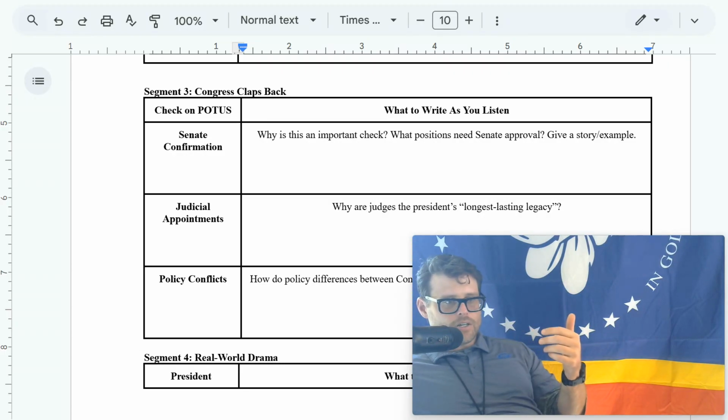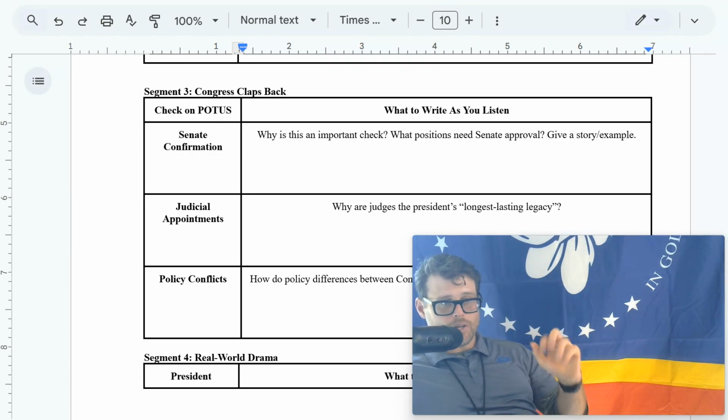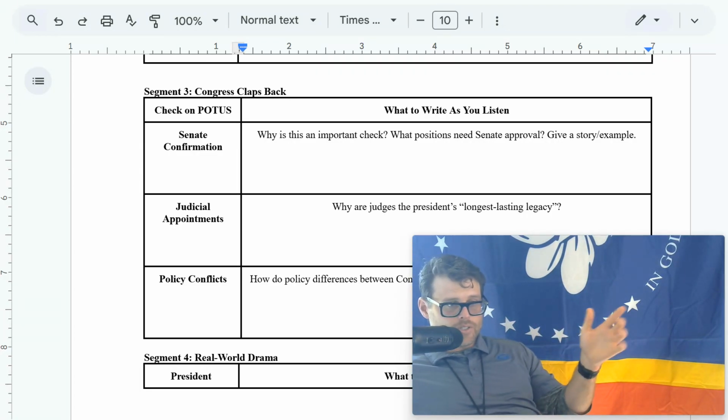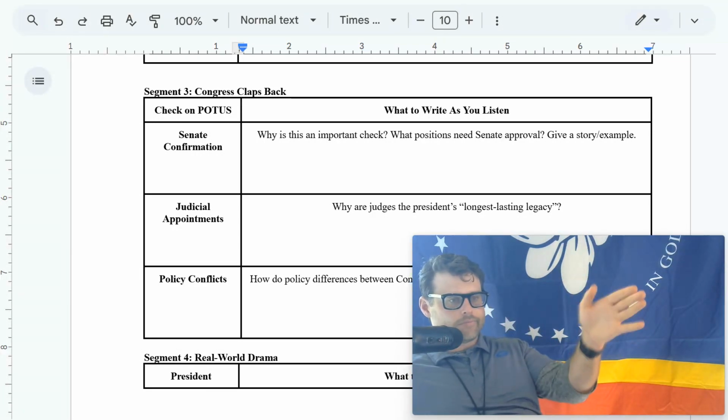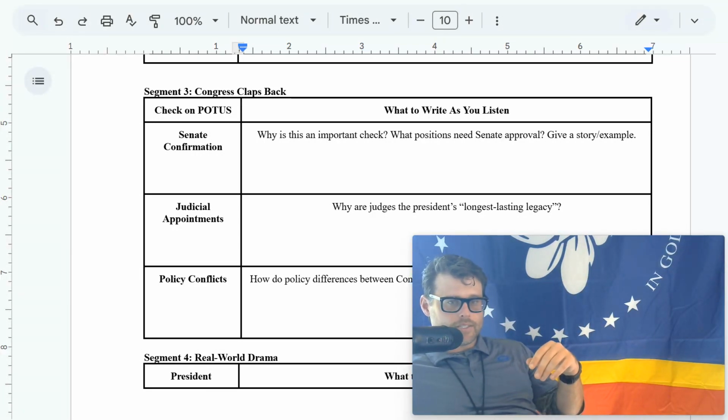So think FDR's New Deal, right? With Democrats controlling everything, or President Trump's first 2 years in office back in 2016, 17-ish, right? When Republicans held the House and Senate, tax cuts took place for the wealthiest and for Americans. Judicial confirmations were unopposed. Supreme Court justices were appointed. Big wins stacked up quickly in his first 100 days.